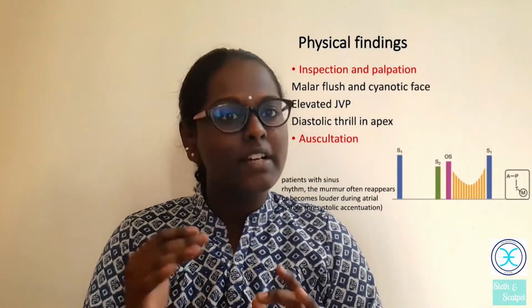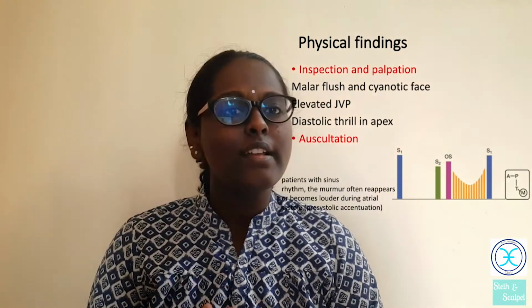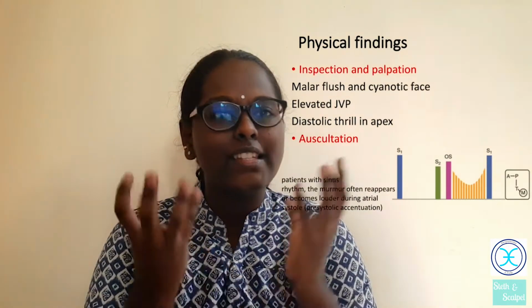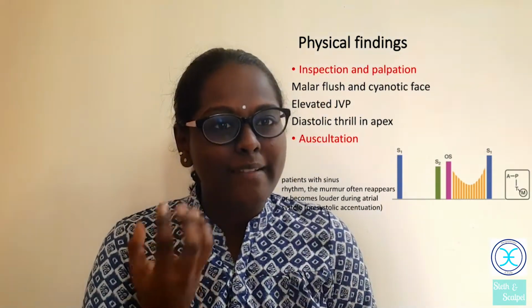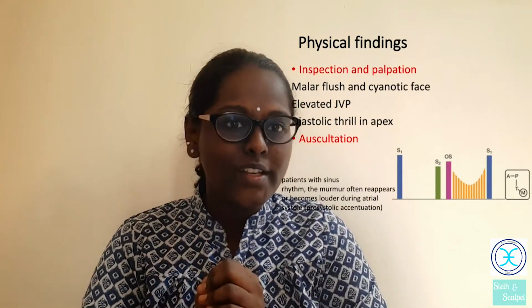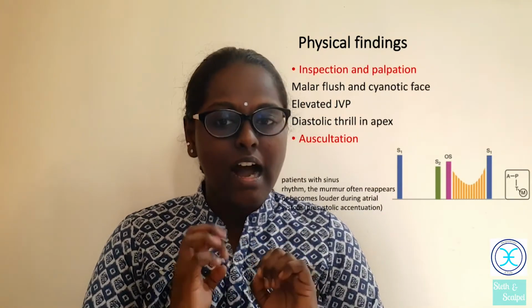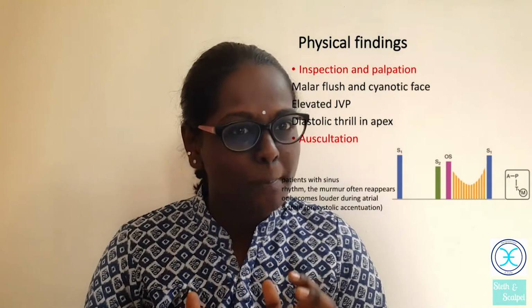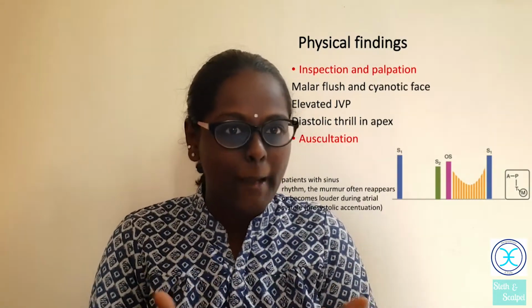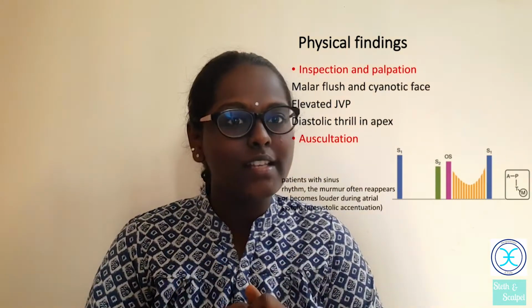Now auscultatory changes are also interesting. First, the S1 sound is heard later and is also louder, because it's tough to close the fibrosed mitral valve. And S2 is also slightly elevated because of high pulmonary artery pressure. It's also difficult to close the aortic and pulmonary valves, so S2 is slightly elevated.